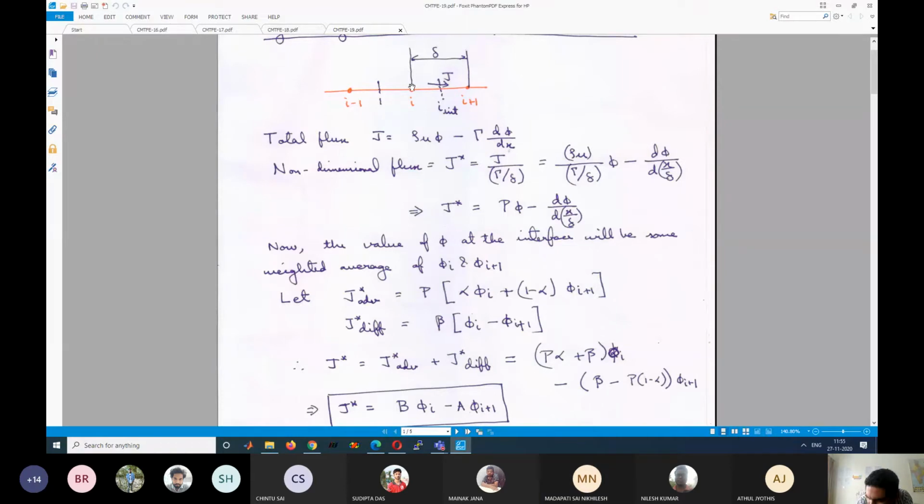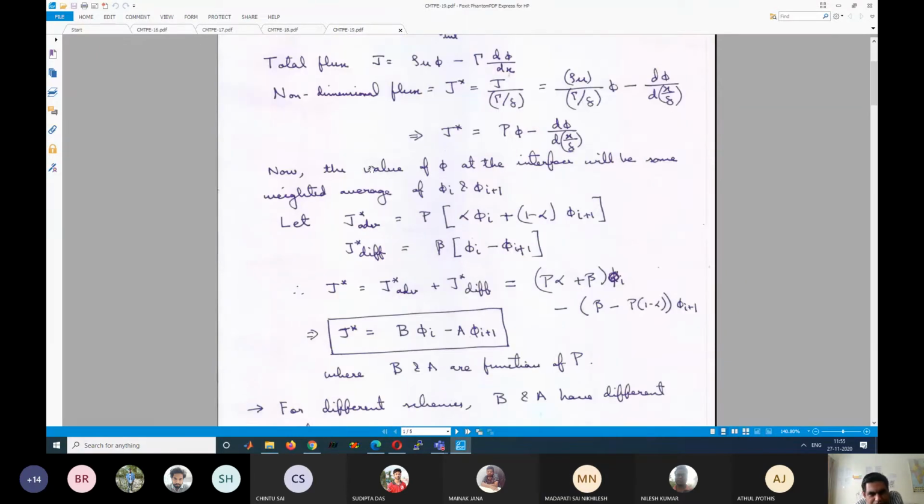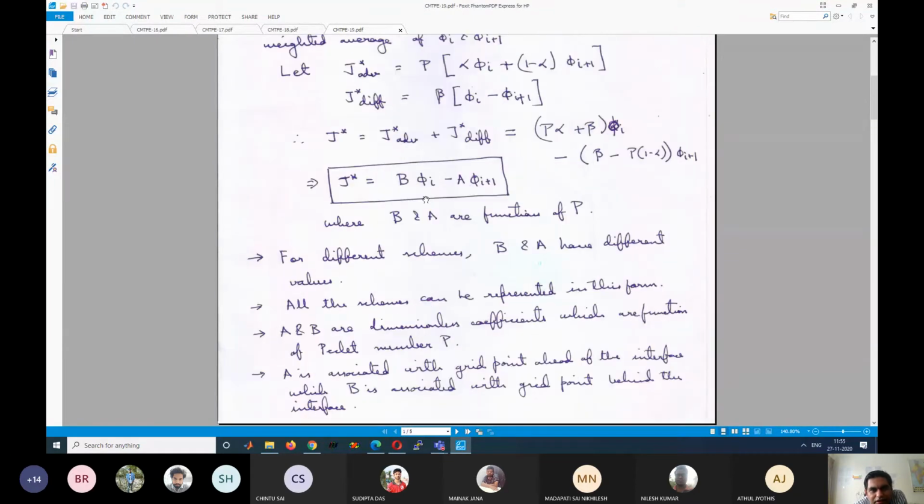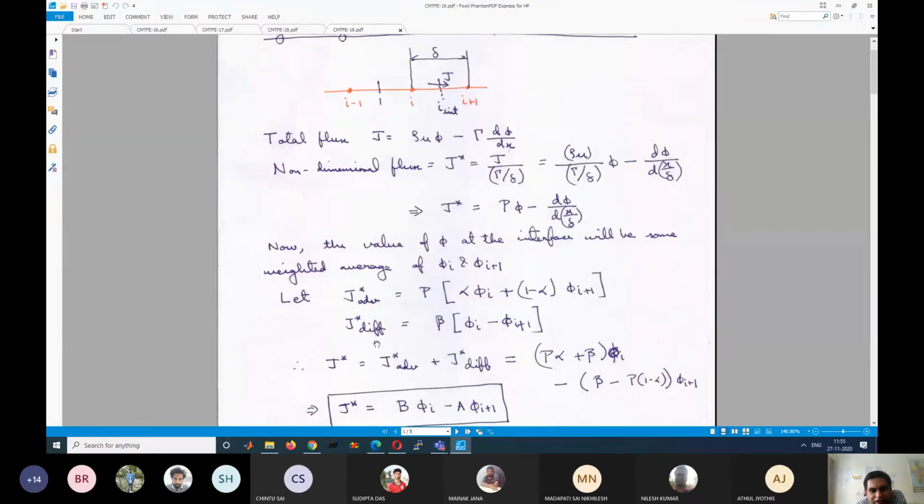Yes, sir. Okay, think about it. For those who are not clear. Okay, and in that case, this function when I write j star in the positive coordinate direction, j star is